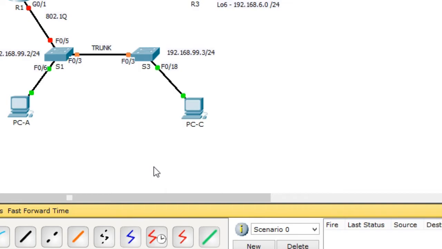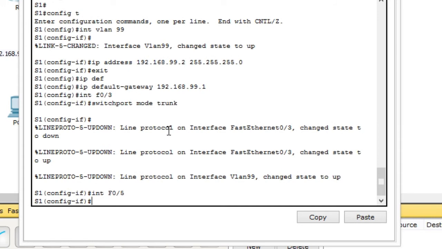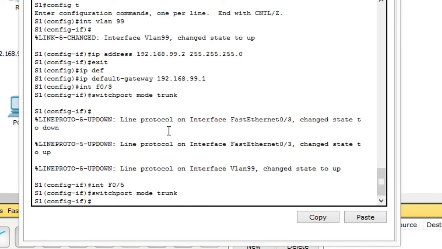Now, also on interface 5, this is going to be connected to router 1. This interface is also going to be a trunk, and this particular one is going to be an 802.1Q trunk, which is the default, by the way. So we're going to go ahead and do that now. So I'm going to go to interface F0/5. I'm now in there. I'm going to do the same thing, switchport mode trunk, and that's going to turn on trunk mode for